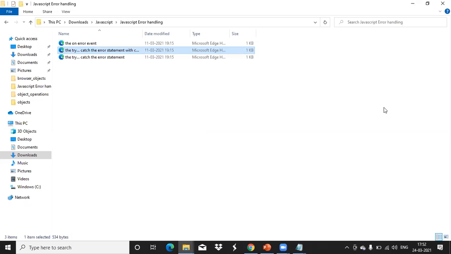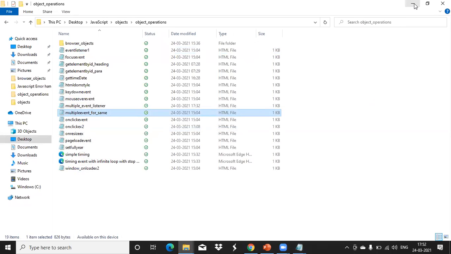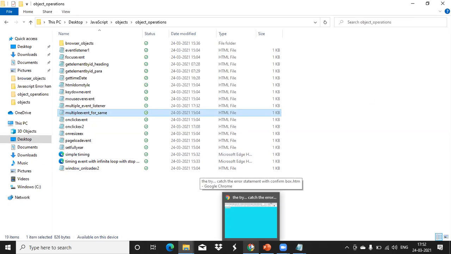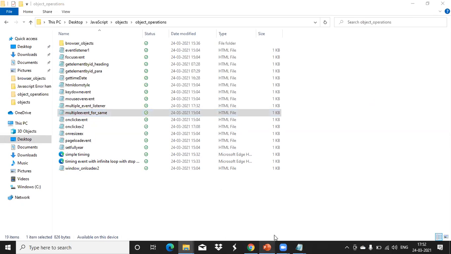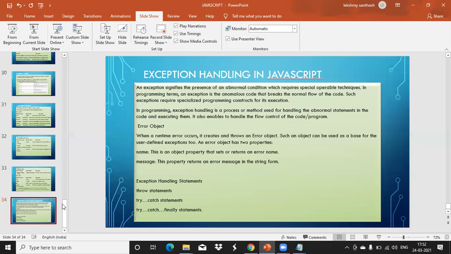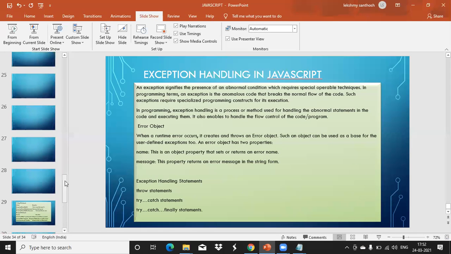Not only on click, we have learned many other types. We learned what the document object is, what the getElementById method is, and how to use the innerHTML property with that method.